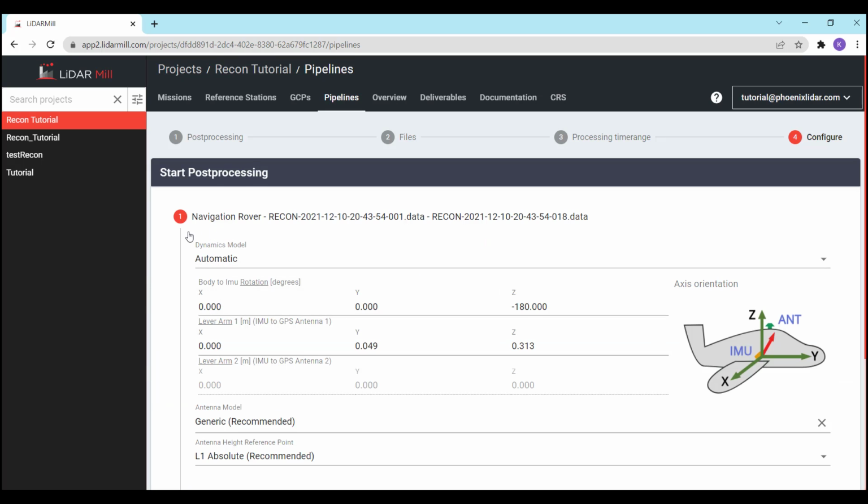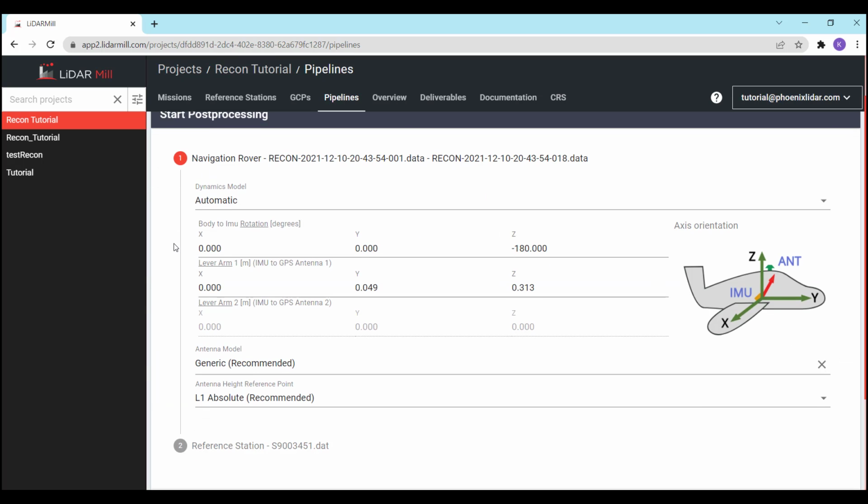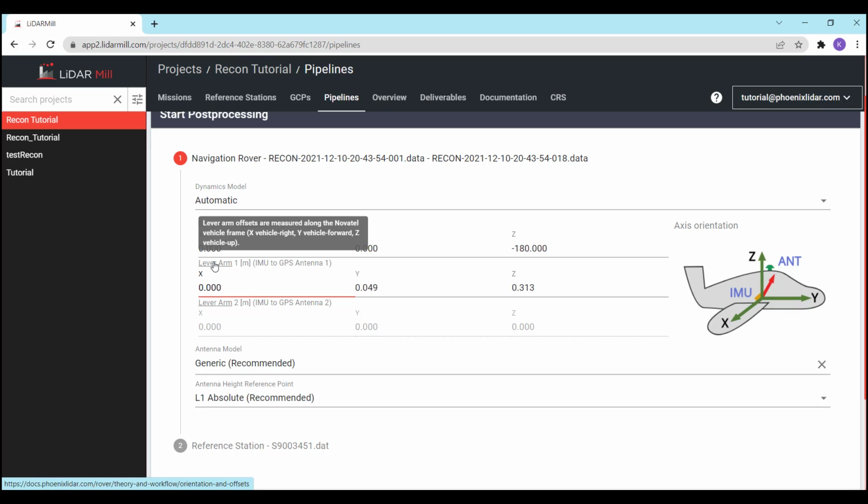The next step is to configure the rover. It is recommended to use the default parameters populated here. If you acquired data in the incorrect rover profile, however, you could correct for that by editing the parameters here. Note that the lever arm offsets are measured along the Novatel vehicle frame X vehicle right, Y vehicle forward, Z